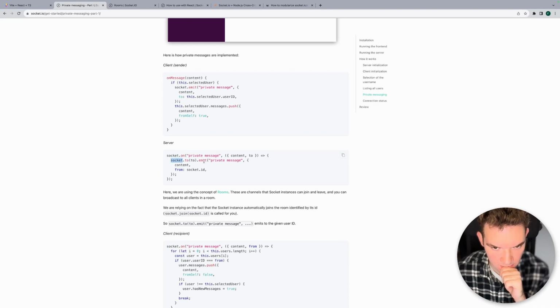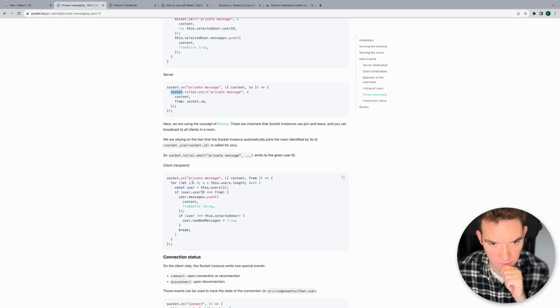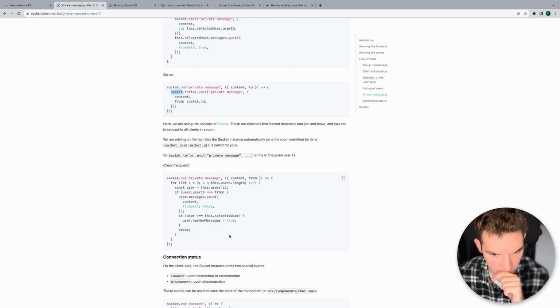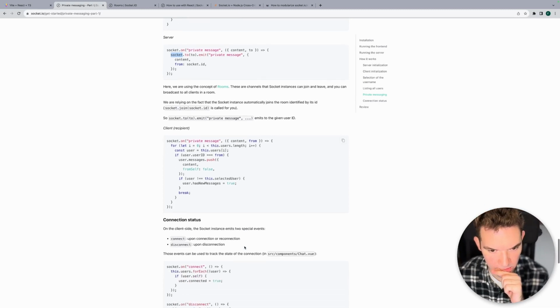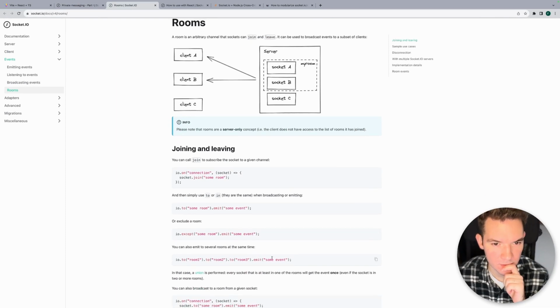Socket.to emit private message. Okay, let's open on private message. Push. Okay, join, subscribe to the